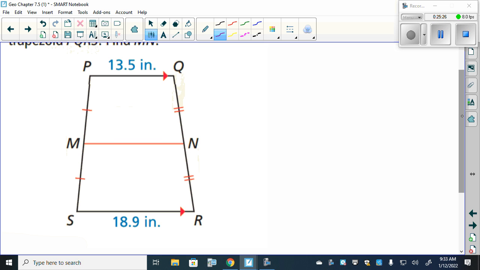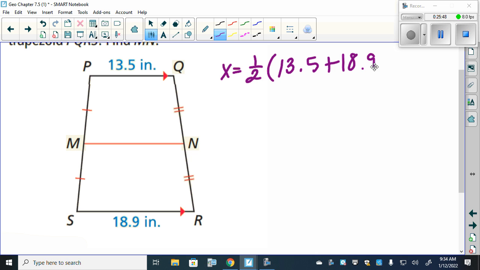Now, 12 and 28 is a little bit easier if we can find the middle that way, but when we're given decimals, it's a little bit harder to see. But it's still going to hold true that our mid-segment's going to equal half of what plus what? Yes. And the order in which we put them in doesn't matter inside that parentheses,